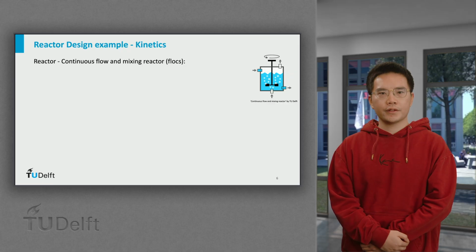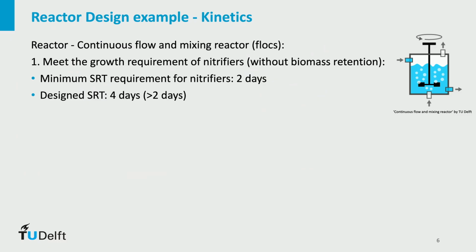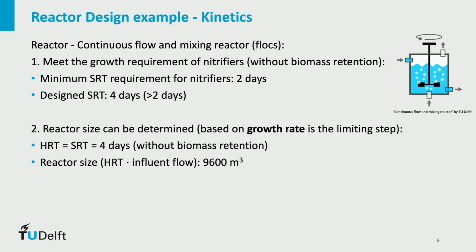Let's choose a continuous flow well-mixed reactor that supports floc growth for our design. Our first design requirement is to meet the growth needs of nitrifier. They require a minimum SRT of about 2 days. Here we will use 4-day SRT to ensure steady growth and a low effluent ammonia concentration. Once we set the SRT, it determines the growth rate of nitrifier and can be used to calculate the reactor size. Without biomass retention, HRT is equal to SRT, so the reactor size is determined by the HRT and the